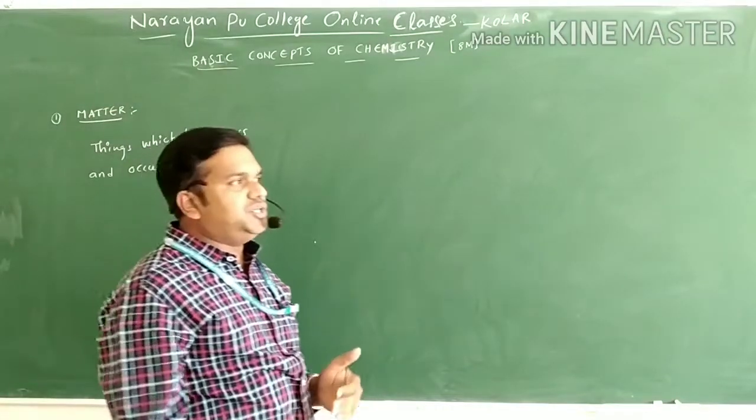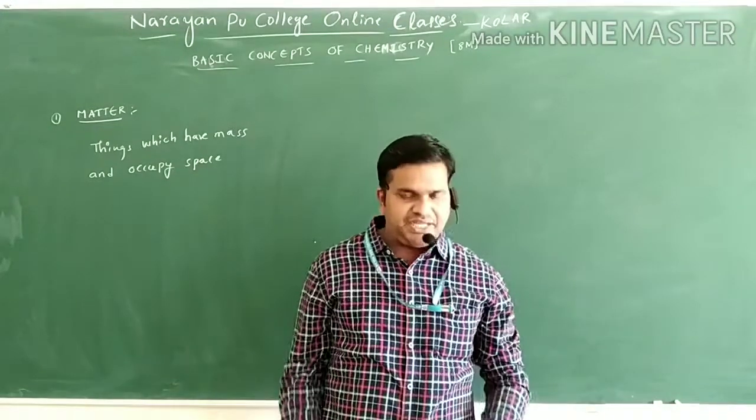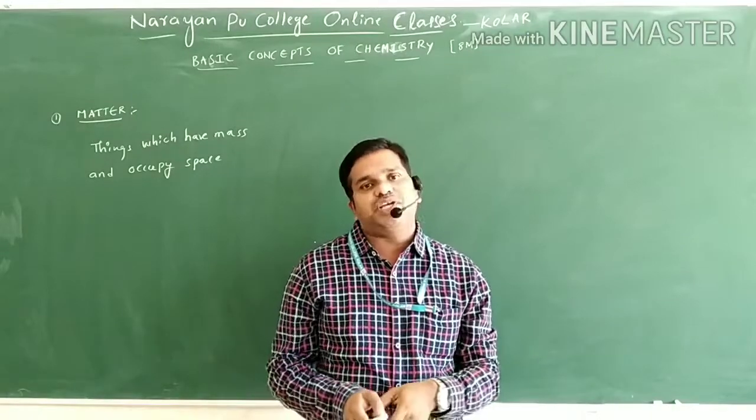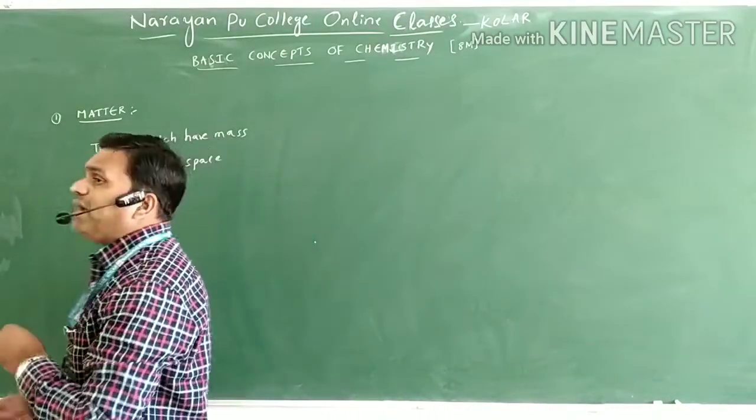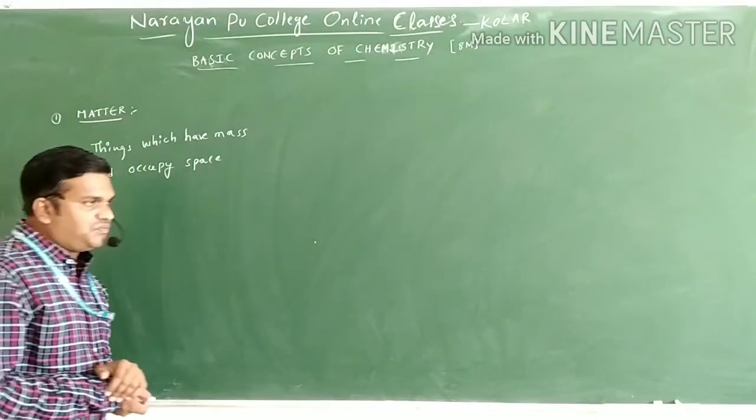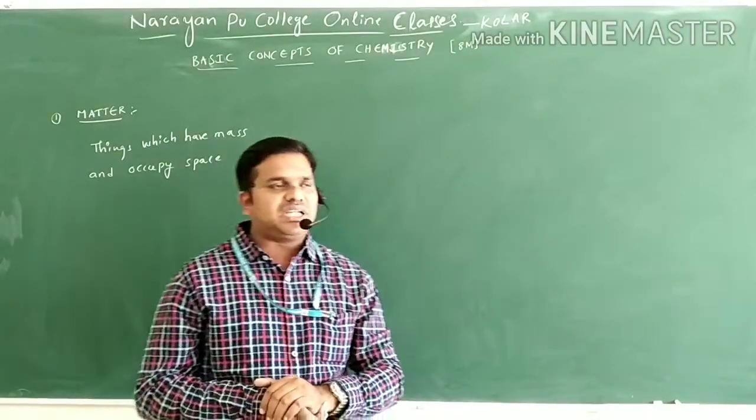So anything in the universe we can say easily is matter. Suppose you are standing here. We have some mass and we are occupying some space. So everything in the universe comes under matter only. Clear? Based on the physical properties and chemical properties, matter can be classified